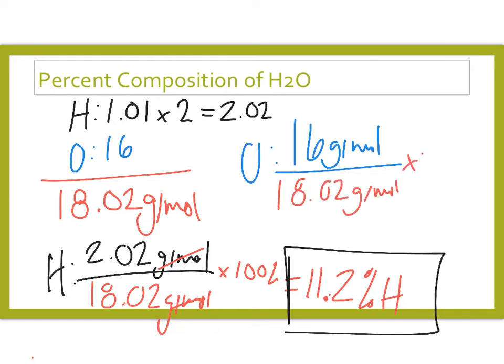And multiply that by 100%. Okay, and some of you may already know what we're going to get here. Maybe you did 100 minus 11.2, which should get you 88.8%